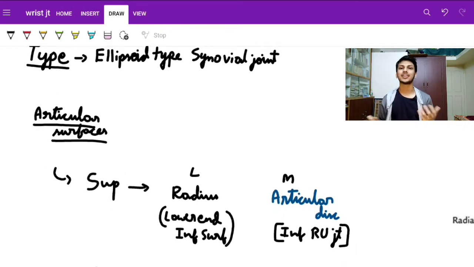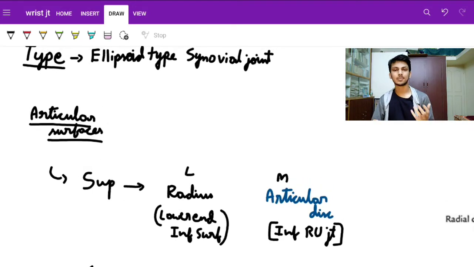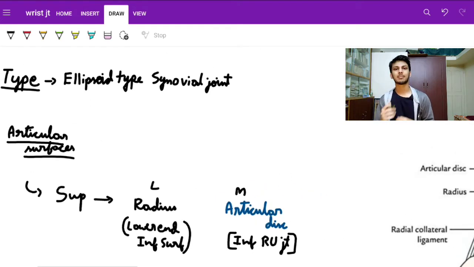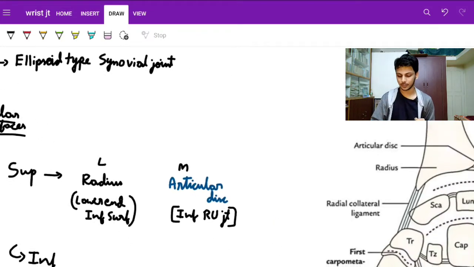So what are the articular surfaces? Guys, do you know why it is called an ellipsoid type of joint? Ellipsoid type because it has ellipsoid kind of articular surfaces. Articular surfaces are the surfaces of the bone which form the joint, isn't it? So the articular surfaces of the wrist joint are ellipsoid in shape. Ellipsoid is like a pulled circle. So that is why it's called an ellipsoid joint. Why is it a synovial joint? Synovial joint because it is lined by synovial membrane. It has a joint capsule lined by synovial membrane which secretes the synovial fluid.